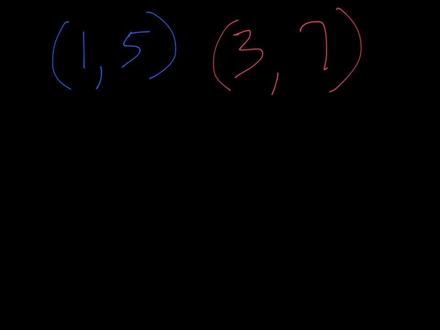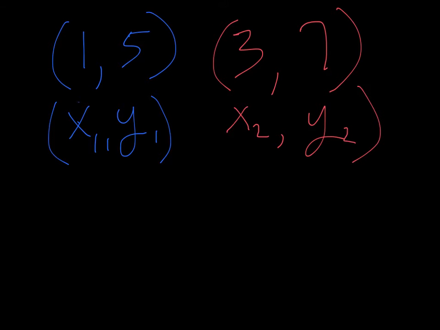So if you were given 2 points, let's say (1, 5) and (3, 7). Okay, so let's name these. This is x1, y1, and this is x2, y2. Okay, so if we want to find the slope between these, remember our formula is m equals y2 minus